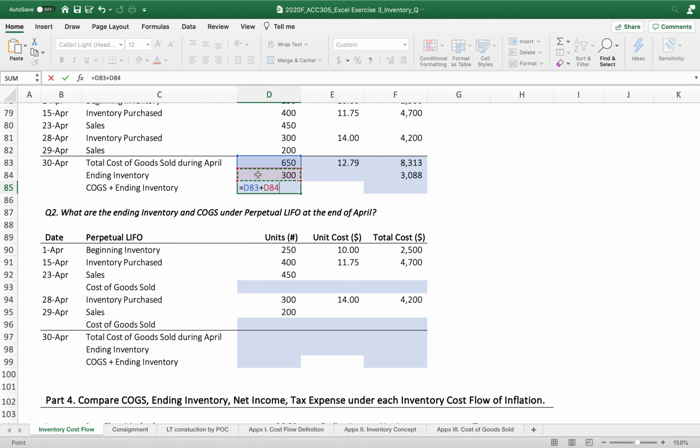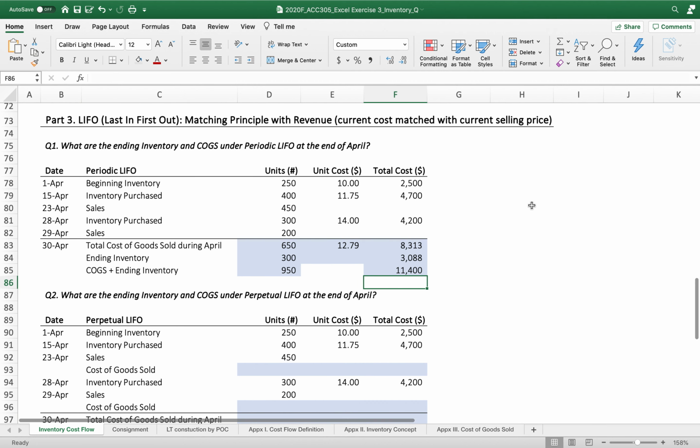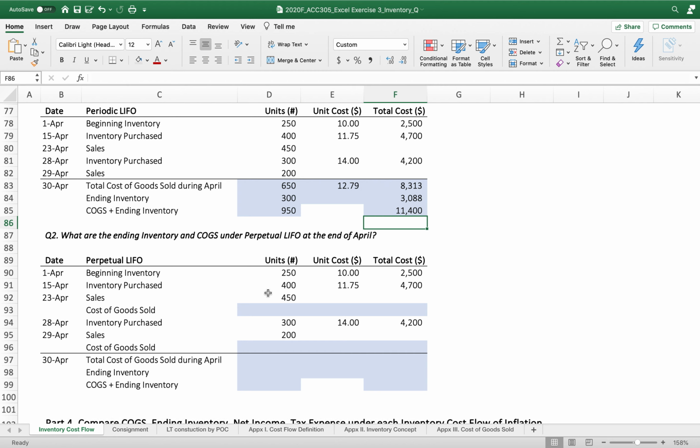Then let's make sure that this total amount is the same as the inventory purchased in number of units and in dollar terms. So 11,400 and 950. We got it. Okay. Now let's move on to perpetual LIFO. Perpetual LIFO, again, we recognize the cost of goods sold not at the end of the period, but every time we sell our product here and there. So cost of goods sold under the LIFO, now you can get the hang of it. Here, how do you get it? Okay, this is now 450. Then it's very easy. 400 from the last in at the time we sell, times